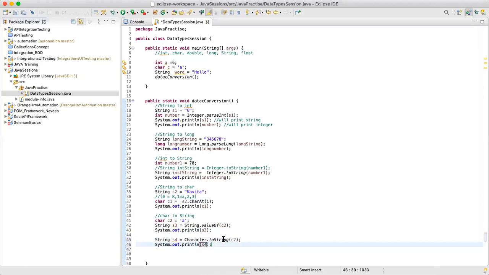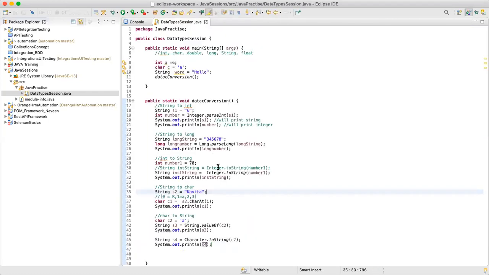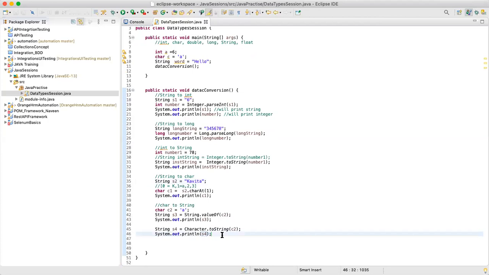So guys, I just wanted to say there might be other ways also to convert string to integer, integer to string. But these are a few of the simplest and quickest methods wherein we can convert. So I'm trying to cover those. Maybe later on you can do some R&D and try to find some other methods as well. Okay. So now we have seen string to character and character to string. Any doubt in this? I'll wait for 20 seconds. Go through this and let me know if there are any doubts.